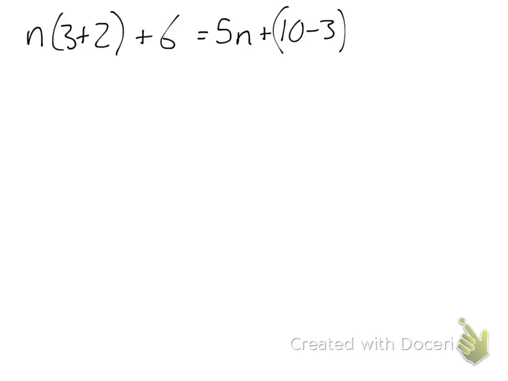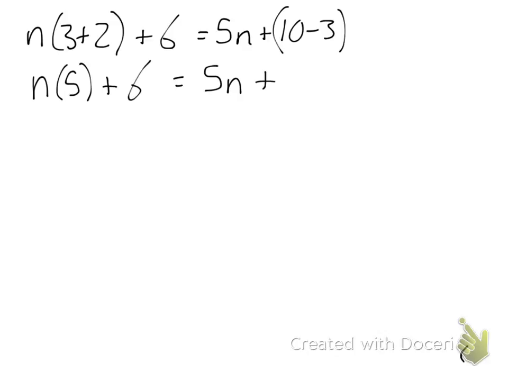So now what we're going to do is solve this equation. Notice that it's got n. We've got to solve for n. And to solve for n, we also recognize that there's n's on the left and on the right side. So to solve our equations, you need to simplify each side. Order of operations. I got parentheses. What's 3 plus 2? 5. So it'll be n times 5 plus 6, because 6 is just going along for the ride, equals 5n plus,